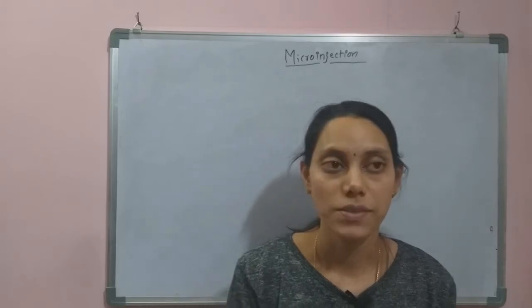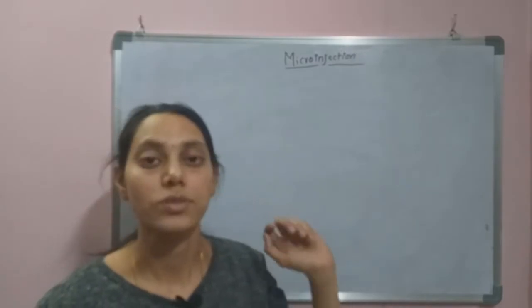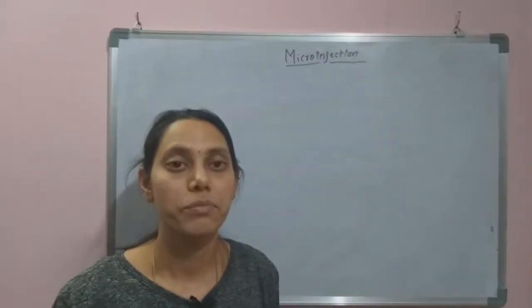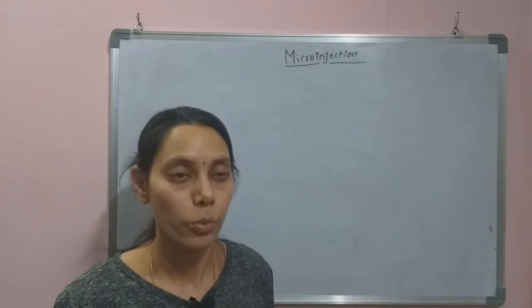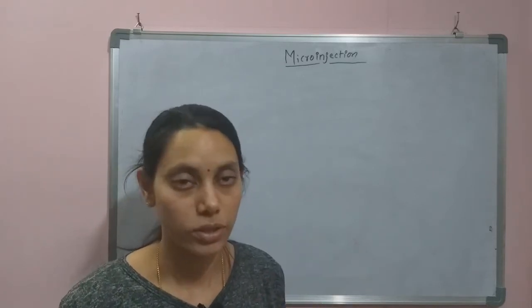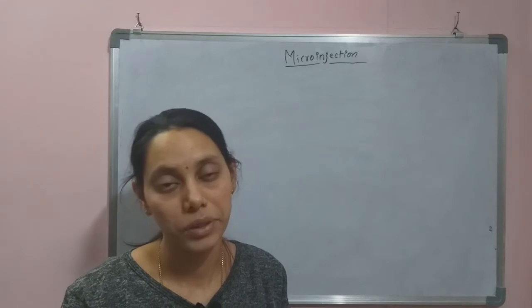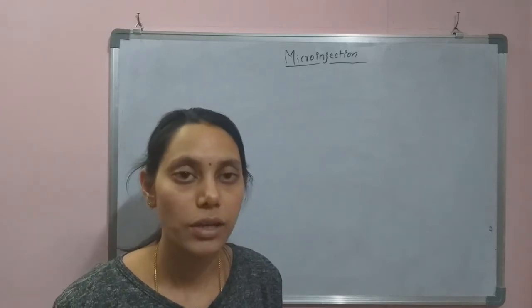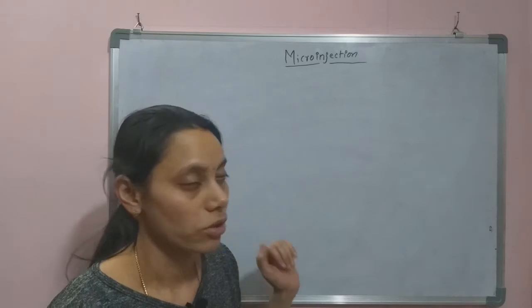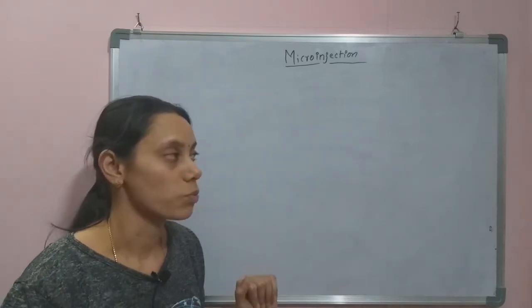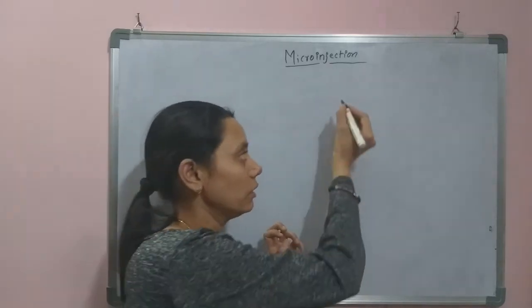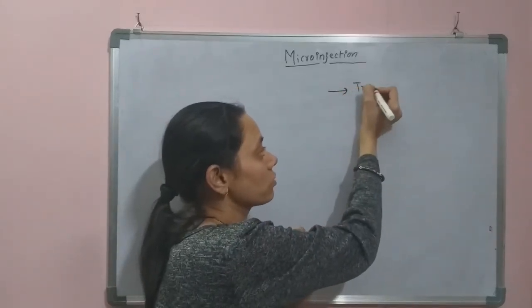In this video, we are going to discuss microinjection. In this series of videos, we are going to discuss different processes in genetic engineering. As part of different transfection methods, here we are going to discuss the microinjection process. In this video, we are going to have the basic idea of microinjection, what exactly it is, how it works, and how we produce transgenic animals with it, followed by the advantages and disadvantages of the microinjection procedure. So coming to the first point, microinjection is basically a transfection method.